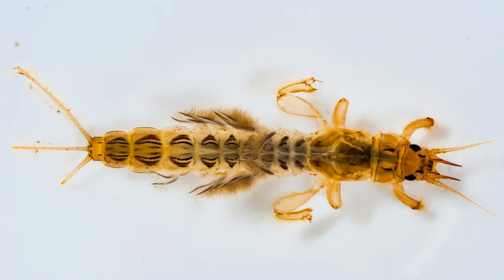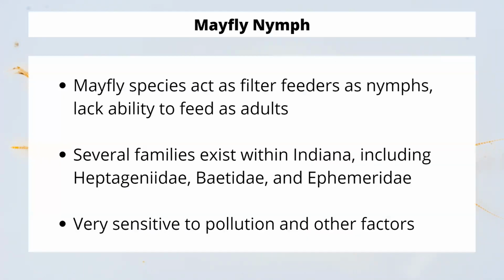So it's going to be extremely sensitive to pollutants, to temperature changes, sediment, anything that's going to disrupt the natural environment that they're supposed to be in. They're very sensitive to change. This is why we use this particular order as a great bioindicator. They're going to be very sensitive to major changes or even slight changes in the water conditions. They're going to be very informative if something happens where we need to see what's going on and we need to understand it very quickly.